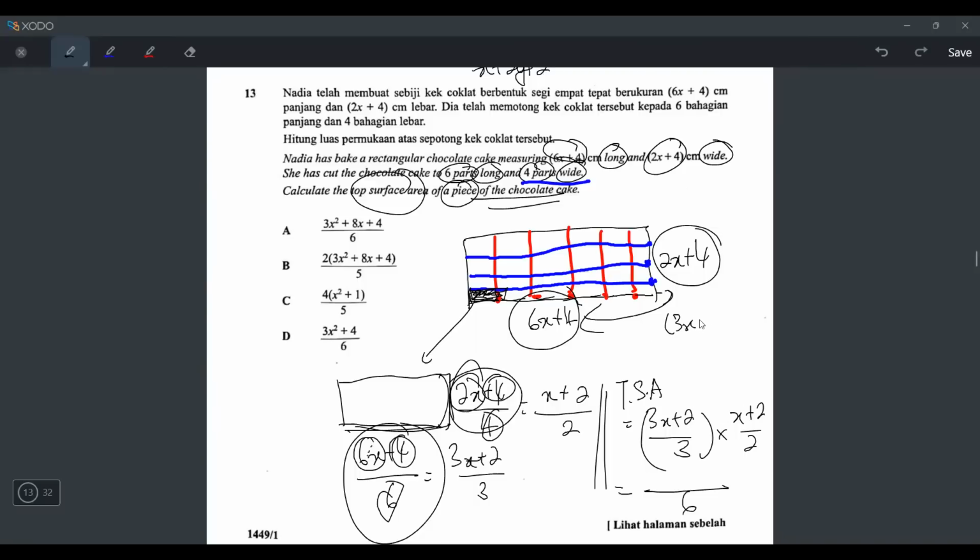So how can we darab this? We have to darab one by one. So first we will take 3x times x, which is 3x squared. Next 3x times 2, 6x, 2 times x, 2x, 2 times 2, positive 4. So the answer will be 3x squared plus 6 plus 2 is 8x plus 4. So the answer is this, 3x squared plus 8x plus 4 over 6. All right, so the answer is A. Okay, so that's the answer for question number